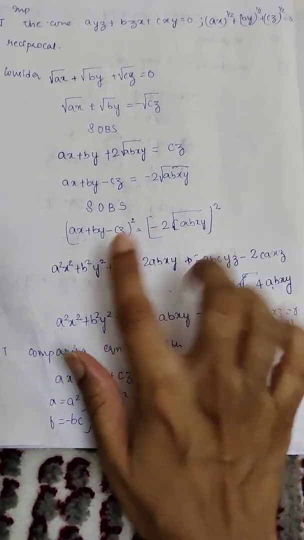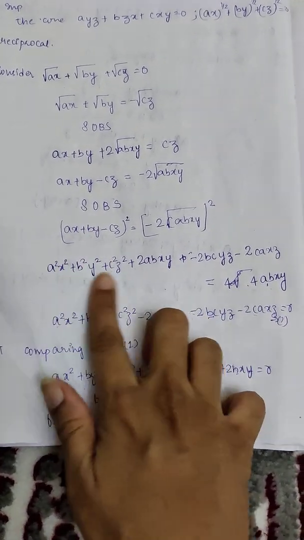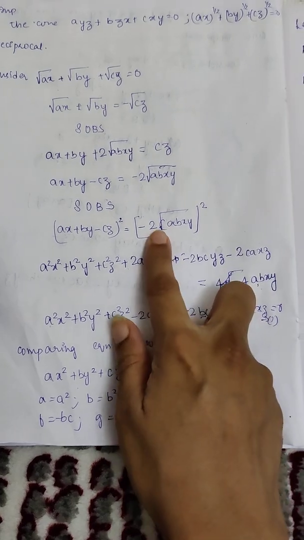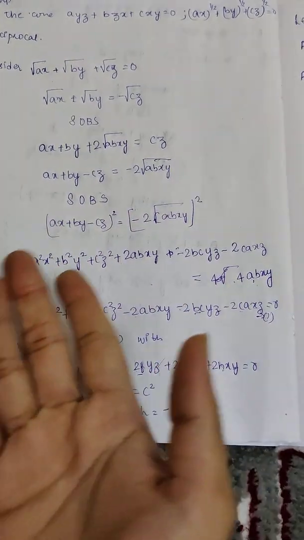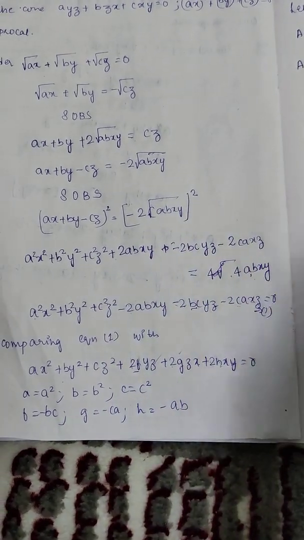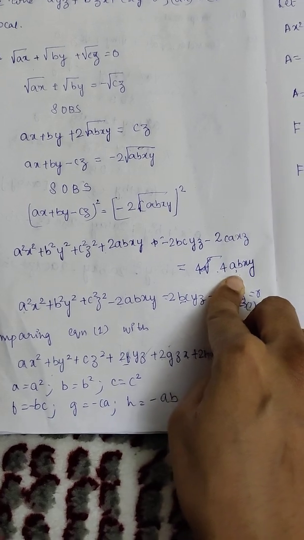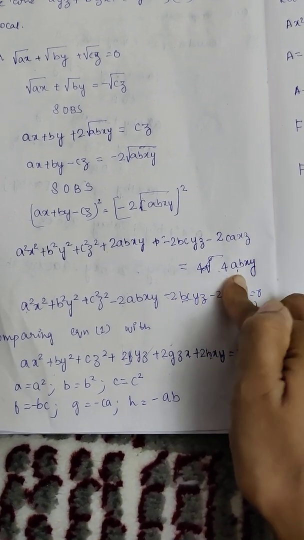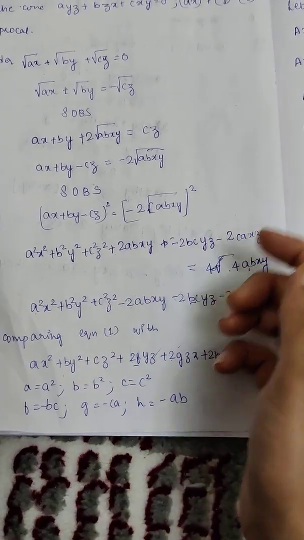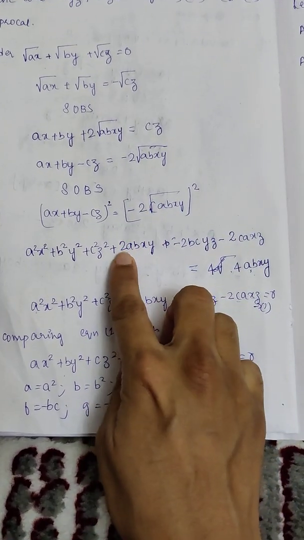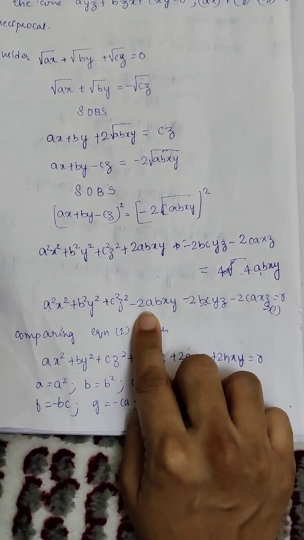So if I look at this, it becomes (a plus b plus c) whole is (a plus b minus c) whole square. This is the expansion of that, and this will become 4abxy. But for the equation of the cone, the other hand side should be 0. So I'm going to send all the terms to one hand side. I want to get rid of this 4abxy on my right hand side, so I'm going to subtract 4abxy on both sides, so that my right hand side becomes 0. So 2abxy minus 4abxy gives me minus 2abxy.